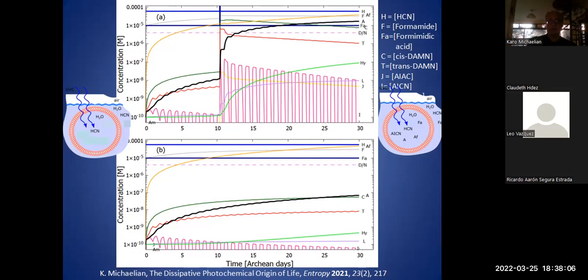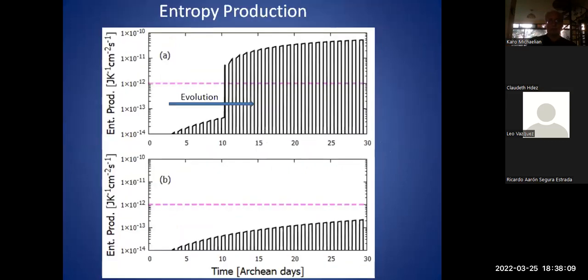So over 30 days, we get an increase of about 5 orders of magnitude in the concentration of adenine through this reaction diffusion system. If we look at the entropy production due to the formation of these molecules, which are absorbing photons and dissipating them into heat, then we see that also at 10 days, when we do the perturbation, we get all of a sudden an increase in the entropy production. So we get an increase in the production of entropy in the system. And that is evolution. That's due to the nonlinear nature of the